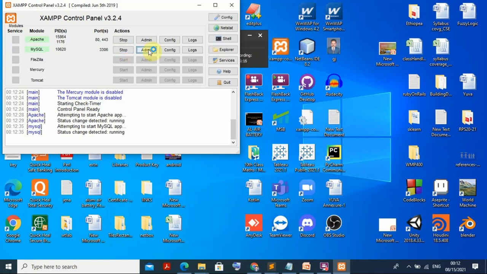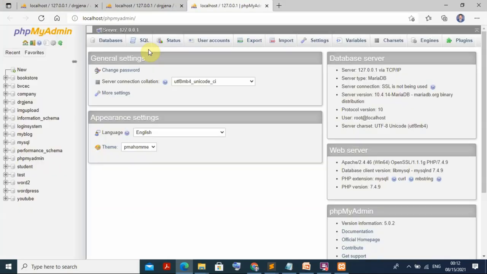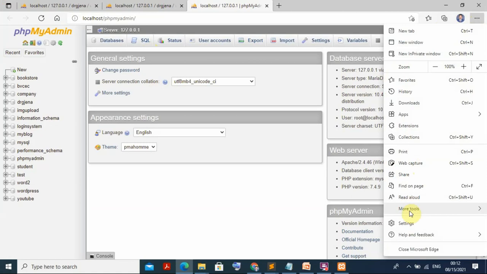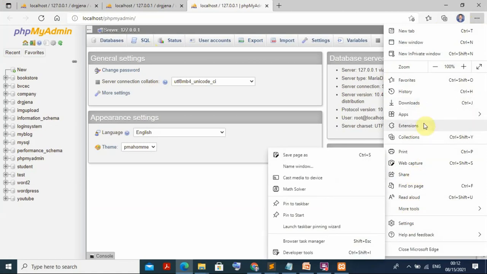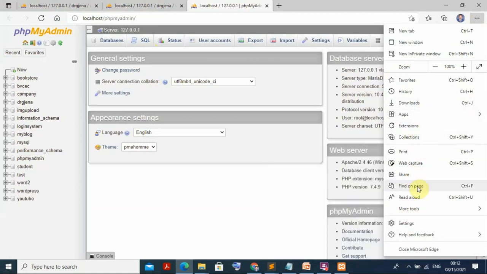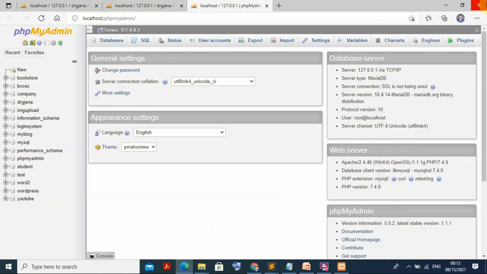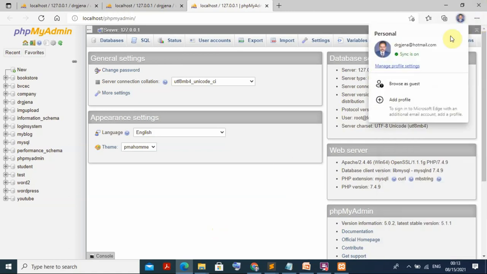Then I click the admin. Once you click the admin, you can clearly see here, because already I am logged in. If you want to see that again, I have to log in, then you have to log out. Suppose I log out here. There will be a logout somewhere. Anyway, it is already there, so if there is a logout somewhere, you can see it here, then you can log out and again we can start it. Otherwise, nothing to worry.